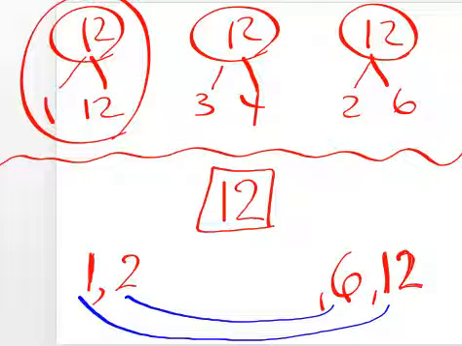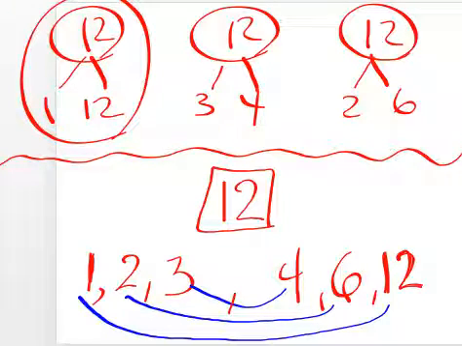Let me think about 3. Is 12 divisible by 3? Yes, it is. As a matter of fact, 3 times 4 is 12. And both of those would then be factors of 12. And then the next number that I would try is 4, but I already tried 4. It's right there. So I stick my comma in the middle, and there are all 6 of the factors of 12. And that way is a little bit more organized and helps me think faster than having to list them out this way. So let's go back to trying 24,